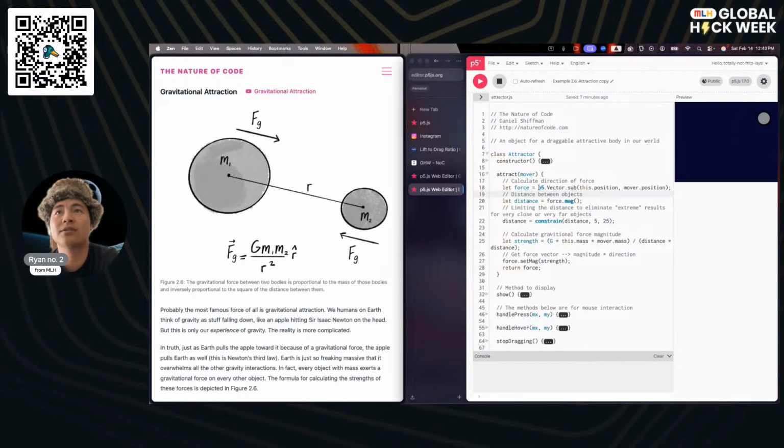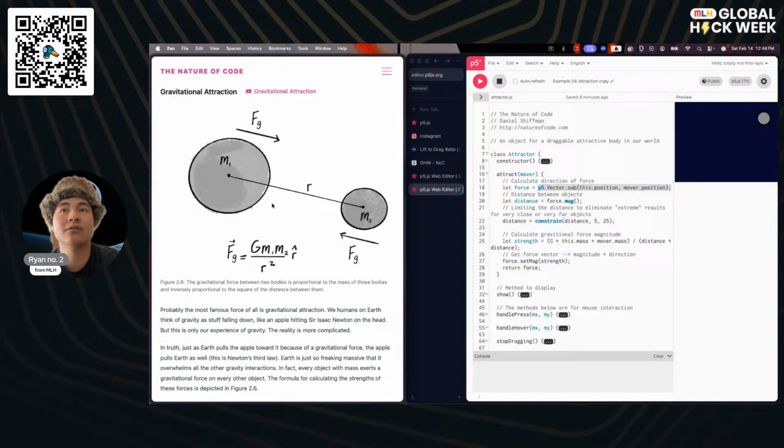So we just do a subtraction to make sure that it moves towards the other object instead of moving away from it. And then we set a distance to be the magnitude. So the magnitude of the difference between two vectors is just going to be the distance. Well, I think this drawing does it pretty well. This right here is the magnitude of the force because we've just done a little bit of subtraction. And so we're just setting the distance to be equal to that.